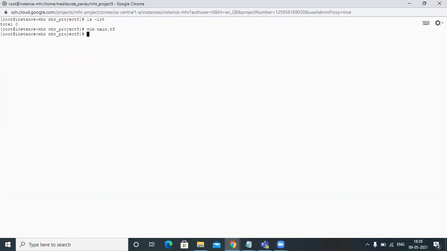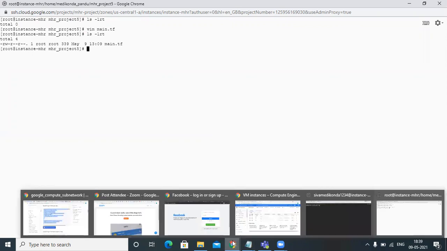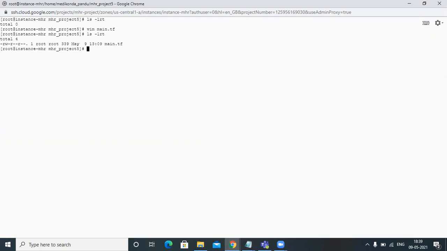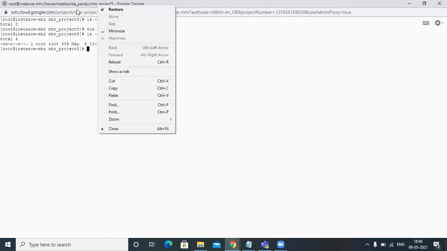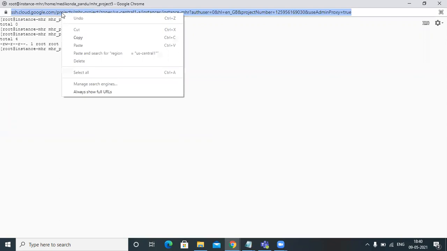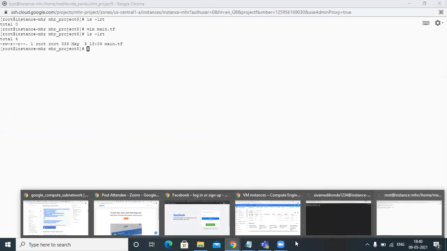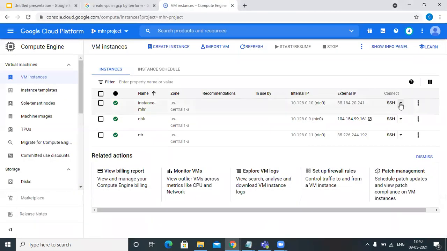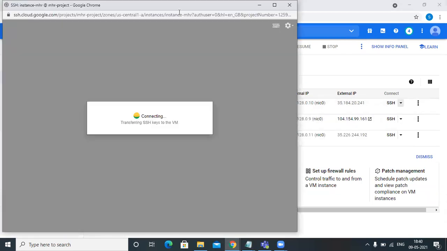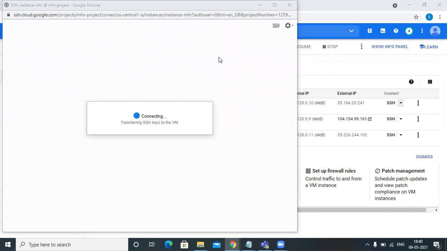Then we need to mention the key. Here I don't have any key. Then the provider also I need to mention. So take the key and provider. Here I have already the key and provider. I have taken the same instance in duplicate.